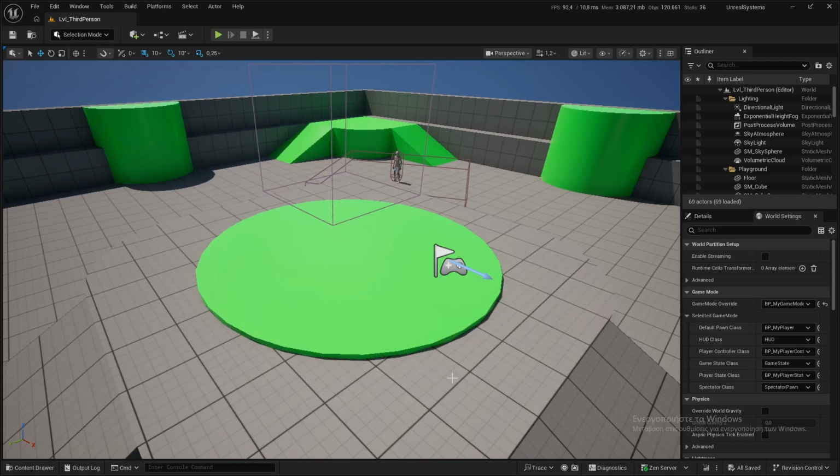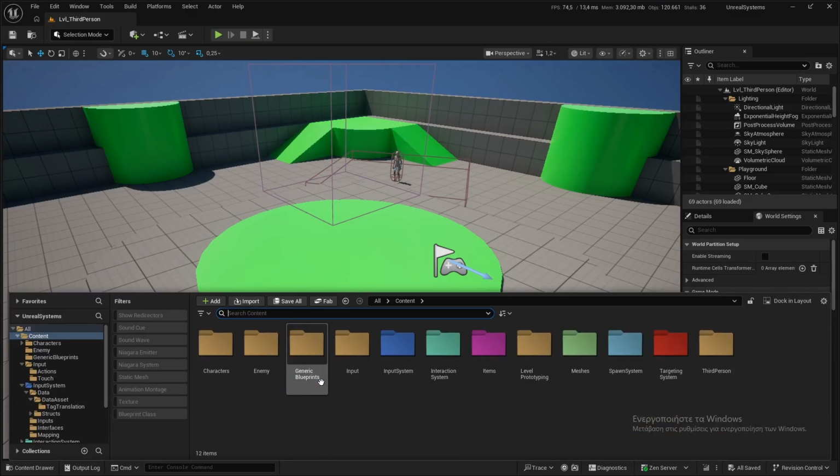Hello everyone. So in the previous video, I made a very minimal interaction, and I am trying to find a way somehow to connect the interaction system with the inventory that I'm about to make. Maybe not in this video, but I would like to make one very minimal for testing. So first of all, in the